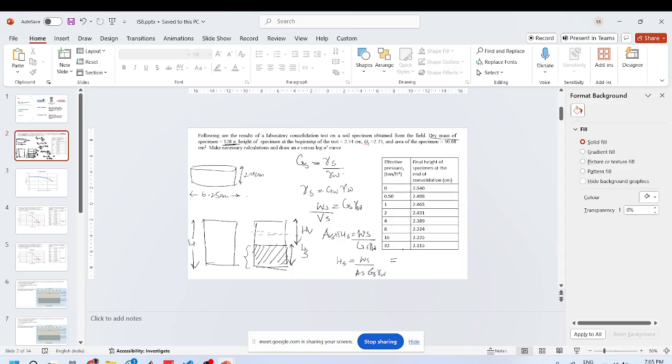This will be 128 over area is 30.68 into